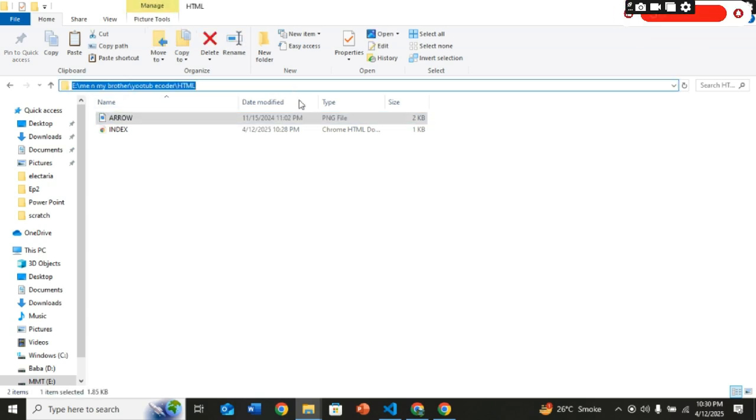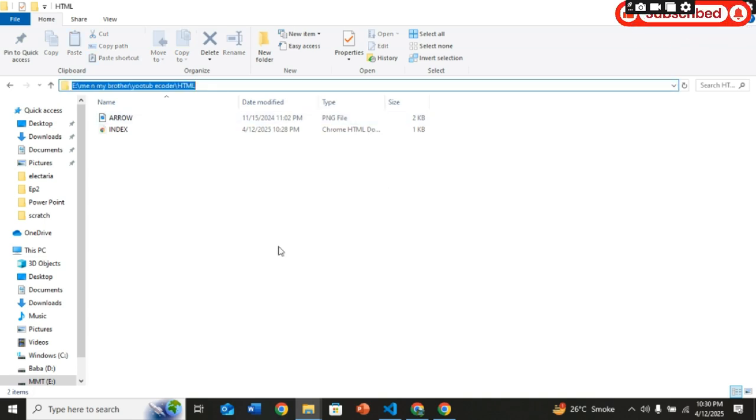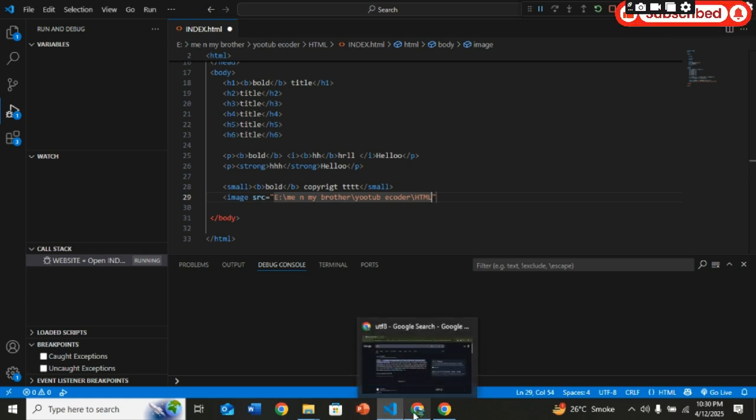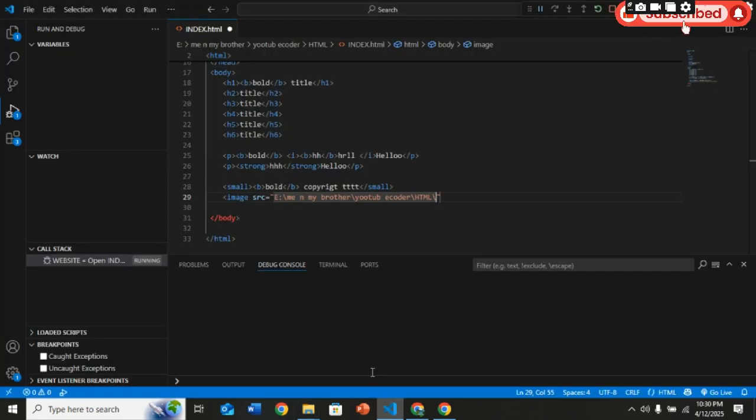To add this, I'll first copy the file format and paste it here. After that, I'll add another slash like this and add the file's name, which is arrow. I'll add it in capital,